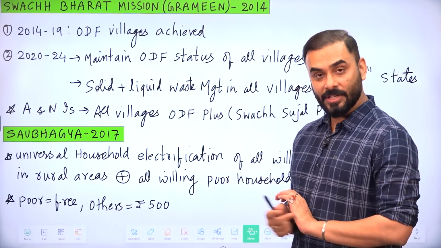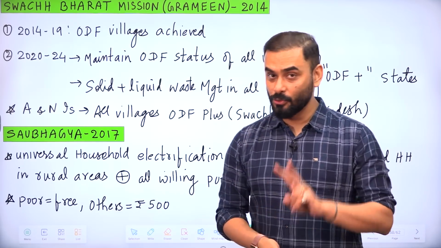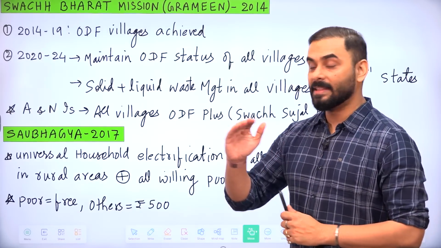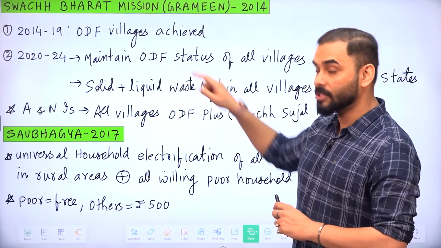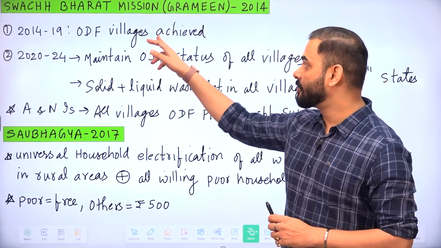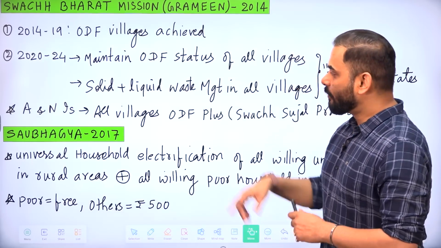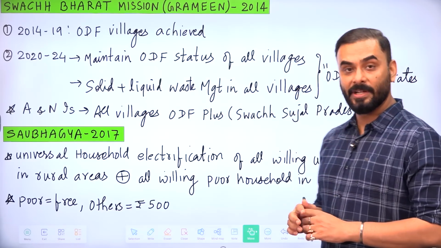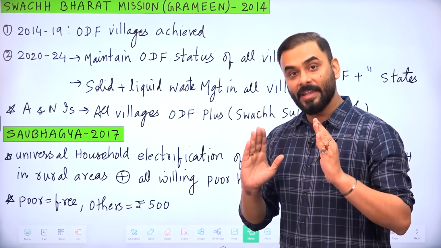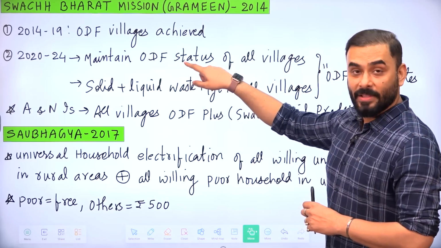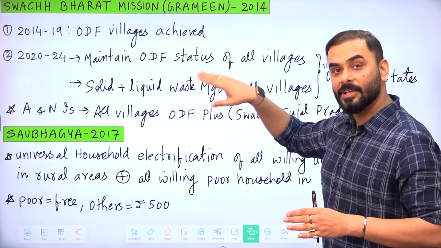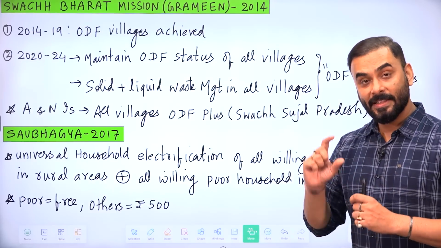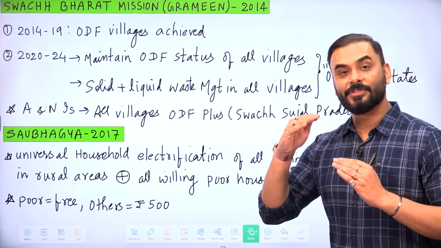In the second stage of Swachh Bharat Mission, we are trying to do two things. So every state government has been motivated to maintain the status of open defecation free villages that they achieved in stage 1. And we are also trying to motivate the state governments to create solid and liquid waste management in all the villages. So if in a particular state, all the villages are able to maintain the open defecation free status plus create solid and liquid waste management facilities, then the status of that state will be raised from ODF